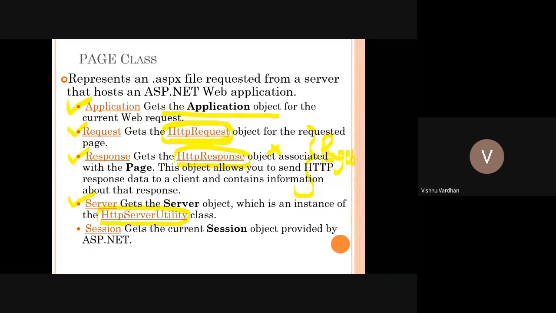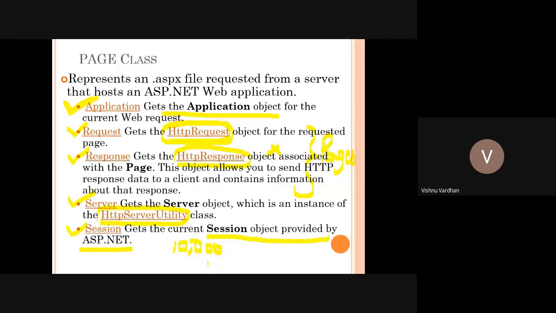Application means एक server के अंदर 10 applications run कर सकते हैं, but server एक ही रहेगा. Similarly, the server object is actually the object which is available seamlessly, unique across all your web applications. But you can have the application context also by taking this application object. And finally, we have the session object also, which is user targeted. Okay, so user targeted, that means एक application को 10,000 लोग चला रहे हैं, use कर रहे हैं. Okay, so we may have 10,000 different sessions available in the ASP.NET web server's memory. So that is the understanding.